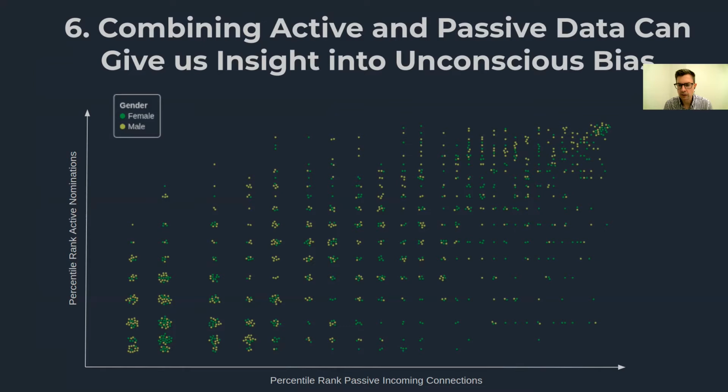Whereas if they're below that 45-degree line, they'll be ranking more highly on the passive connections than they are on the active connections. What we find here with this data set, because we're colored, again, females are green, males are orange, is that if you look at this visually, you can see that there is a tendency for females to be higher in terms of the passive, that is the objective, than the active nominations.